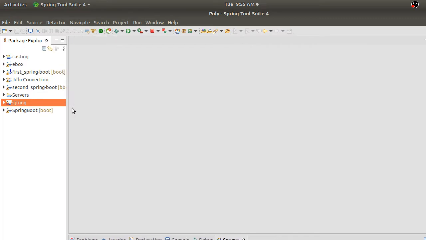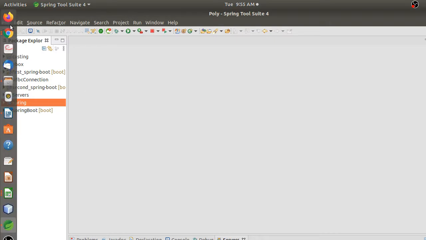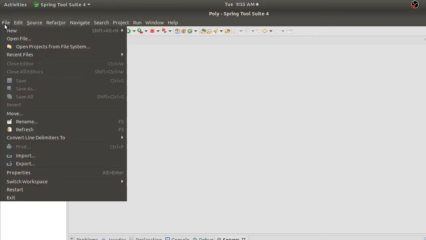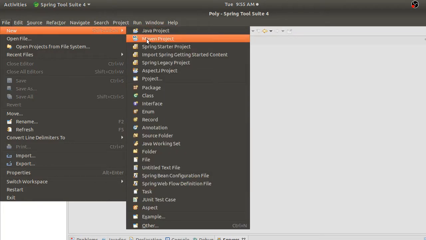There are different ways to create your first project. As you already know the advantages of Spring Boot, it has everything built in, right? It is a ready to run kind of application that you are trying to do, right? So for that, Spring Boot provides different ways that you can create a project. One simple way is the traditional way of how we were doing, we go to new and we create our Maven project, right? This is one traditional way.